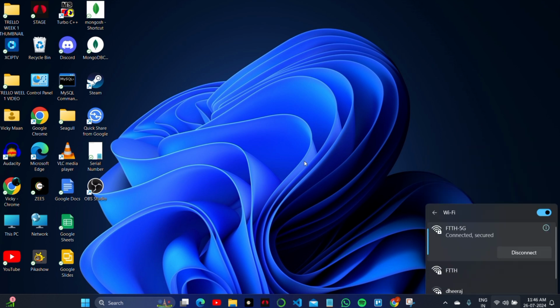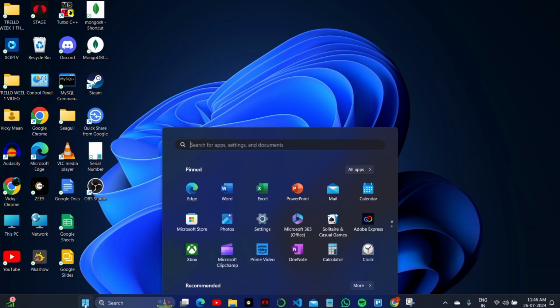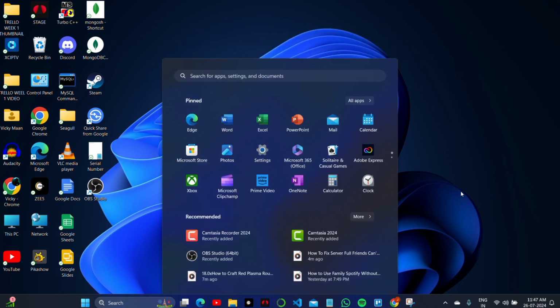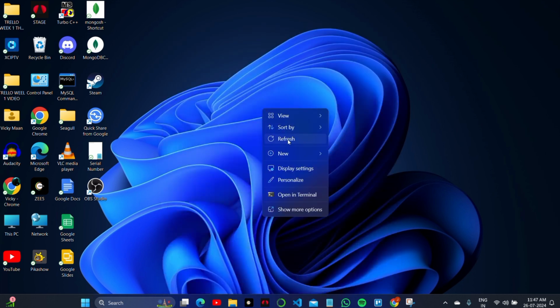After this setting, if the issue is solved, then it's okay. And if not, you just have to go on the start button and from there you can restart your PC. Just after doing this setting, you won't face any type of error like this and you can play the game